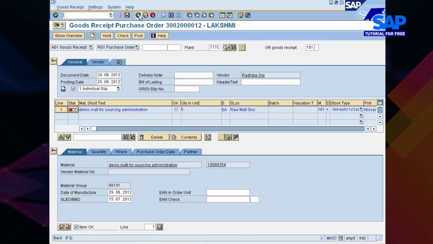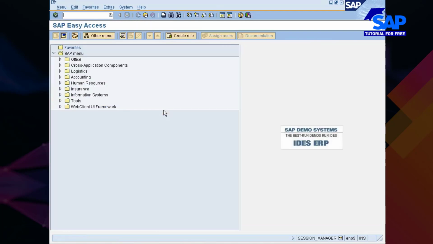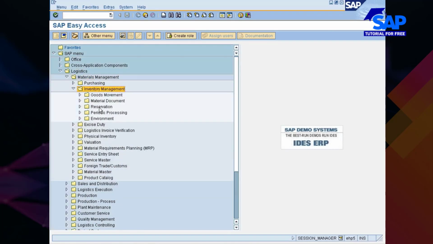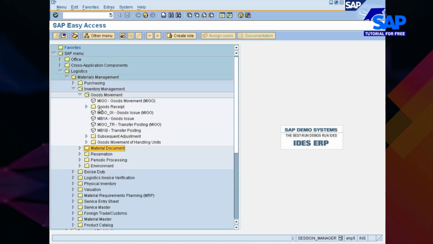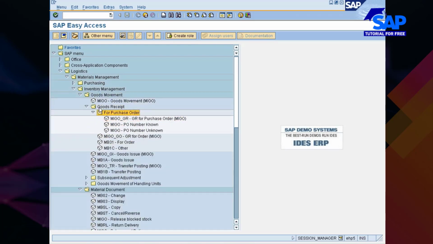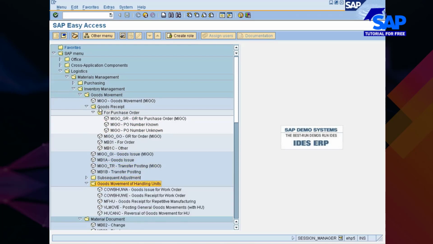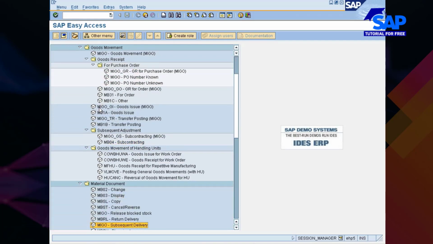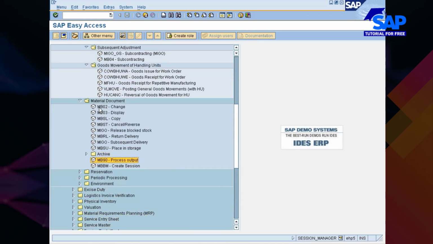Look at here, I also told you that automatic PO will be generated upon goods receipt with reference to only 2 transactions. One is MB01, the other one is MB0A. Now you see, I'll go with MB01. Where do you see MB01? It's not a new thing, it's an old one available in inventory management. It should be available somewhere here. MB01 and MB0A. Come on, where is it?